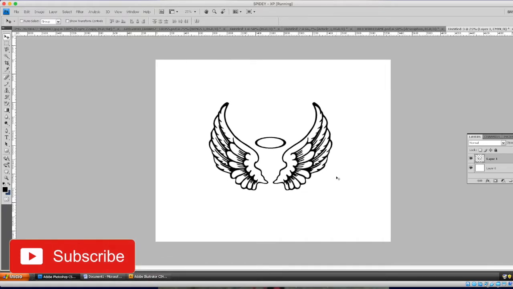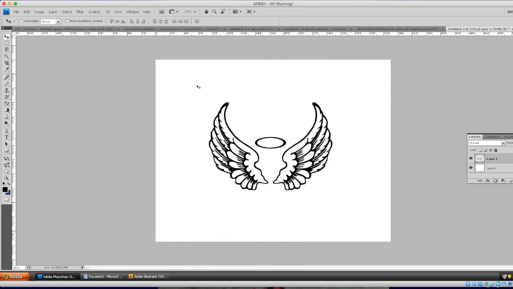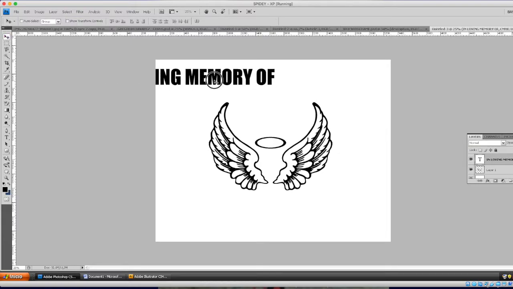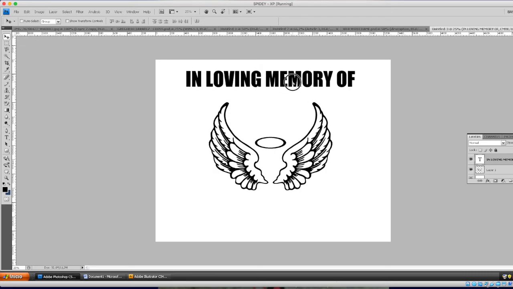Now you have to try to place the image in the middle of the workspace. So from there you can adjust the text according to the image. All right, so then you go to the text tool, and then you type in loving memory. Okay, so you place this on top of the image and try to center as well,